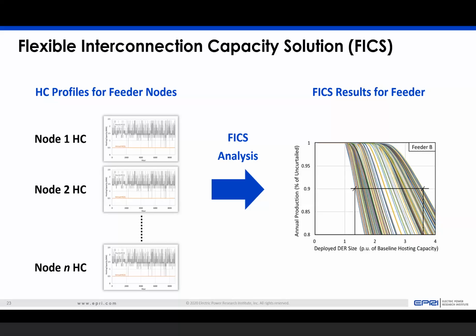So if you looked at any point in that feeder, it says that the range of size that you could increase the DER to is around 1.2 to 3.5 for 10% curtailment. So there's a broad range, and it depends on the location with respect to the substation. It depends on if it's a lateral. So there are a lot of things that have a significant impact on the flexibility. If you go to the next slide,